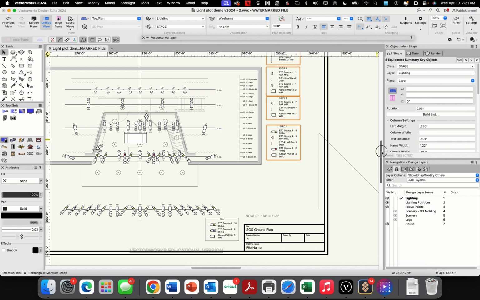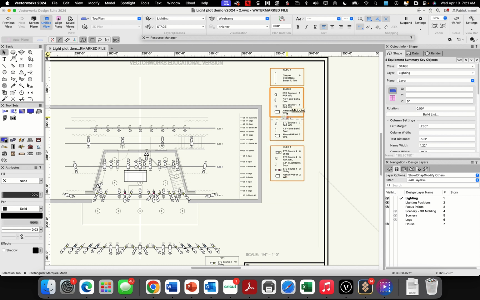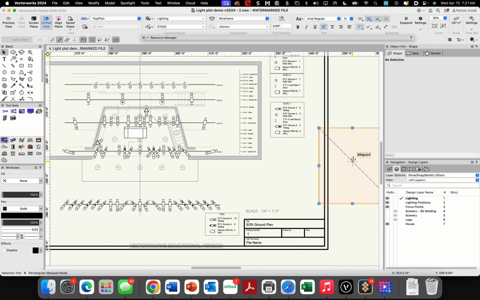we are going to make our instrument key the overall key for the entire light plot, and that's going to have more information on it. We're going to need some more room, so we're just going to leave that right there. I'm going to scroll down. I'm going to get rid of our little 45-degree fella right there, and what I'm going to do is